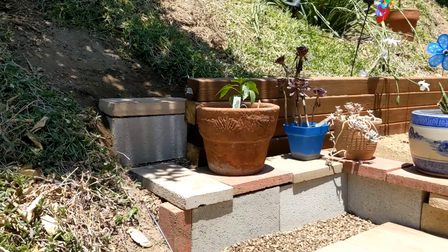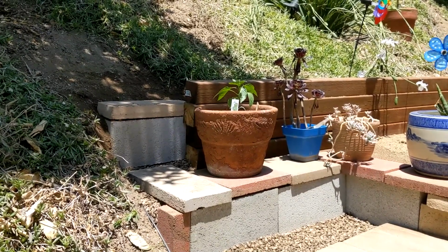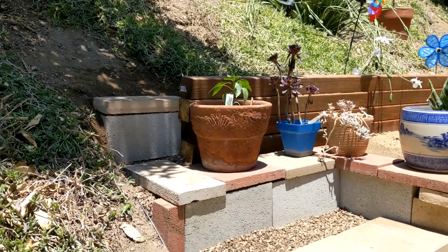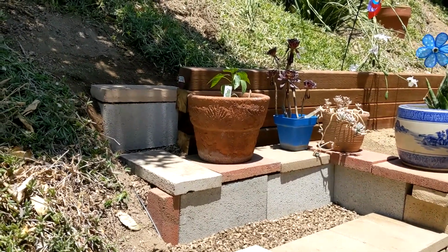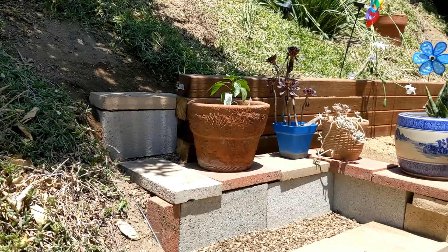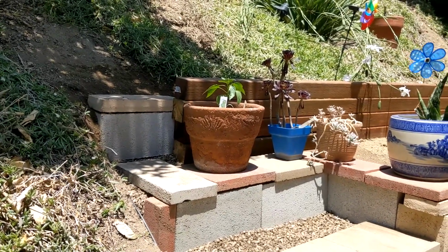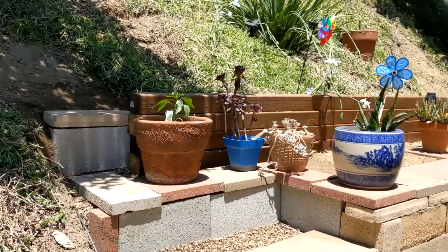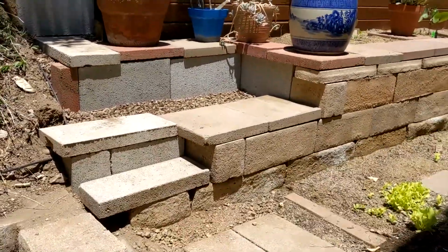I think I said I was actually going to stand that brick on end, but when I got up there, it turned out it was just much easier to do it that way, sort of sitting normally, and it creates a normal sized sort of step. And I put one of the other caps that I had on top of it. Probably could have done a little bit better job, but it's enough that I can walk through this and get